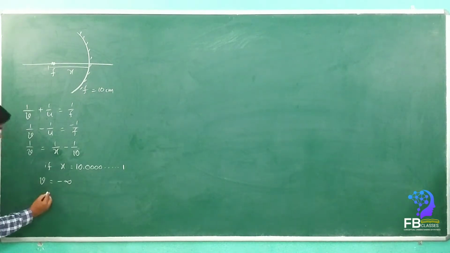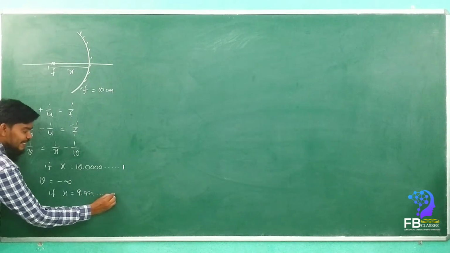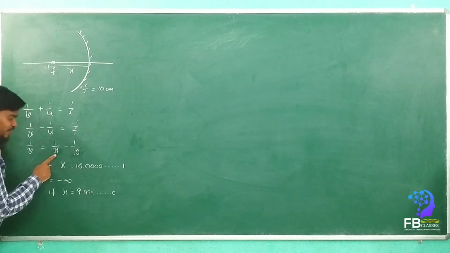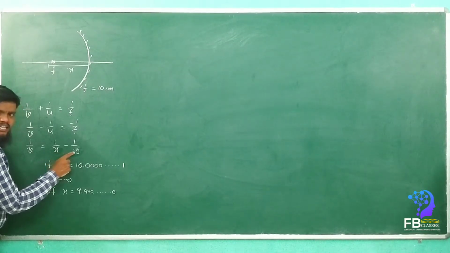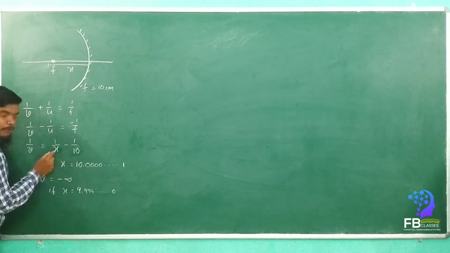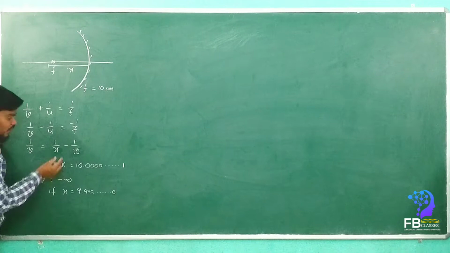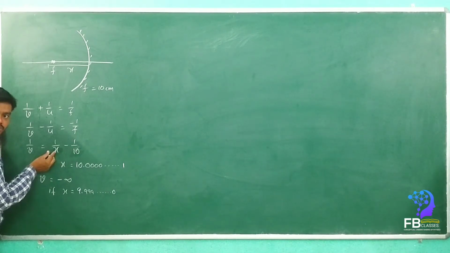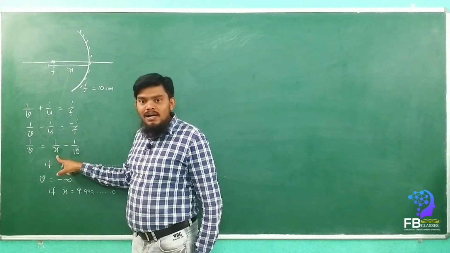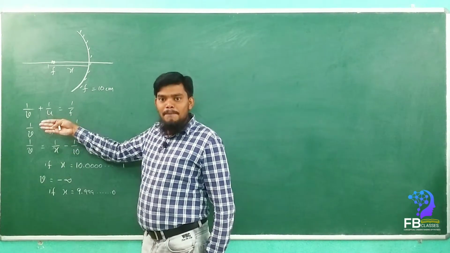In the same manner, if x is equal to 9.999999999999999, then what does that mean? Here the x value comes as 9.9999999999999. That means this total value 1 by 9.9999999 is bigger than 1 by 10. Are you getting my point? So a small value will come here when you do the minus. The value will come in the plus. The 1 by a small value goes up, then what will happen?